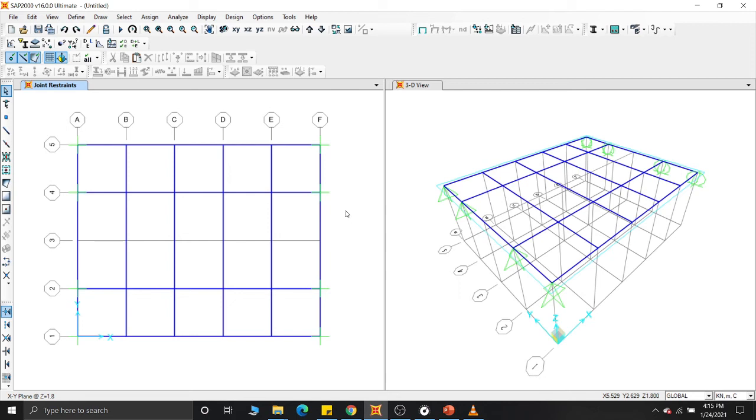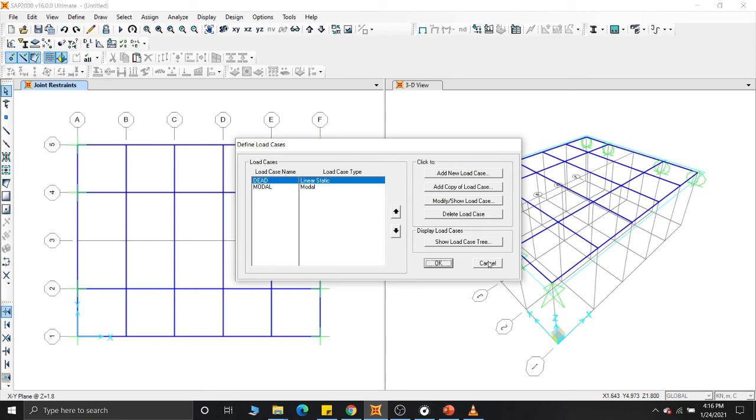So these loadings have to be properly defined through using the load cases and load combinations and all that. But for the sake of demonstrating to you how you get the movements and all that for actions in this beam in this bridge, so I will